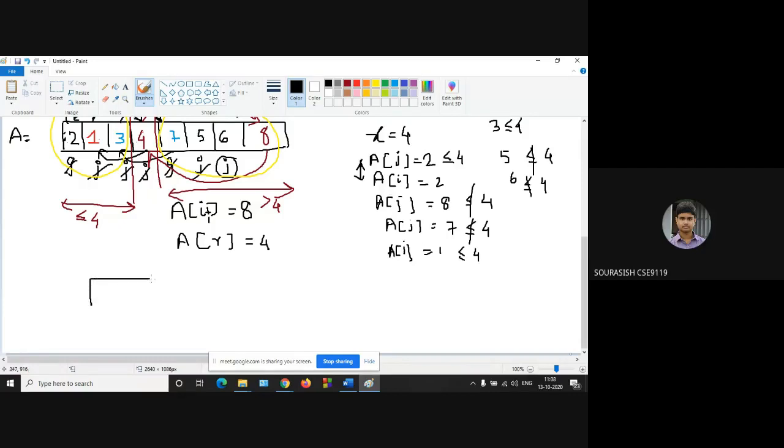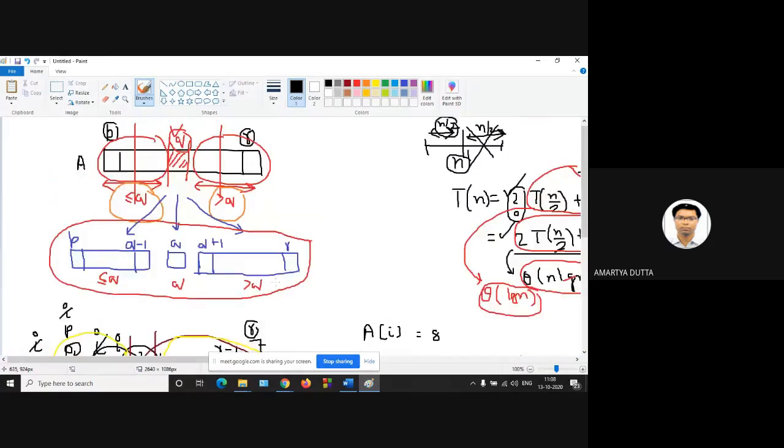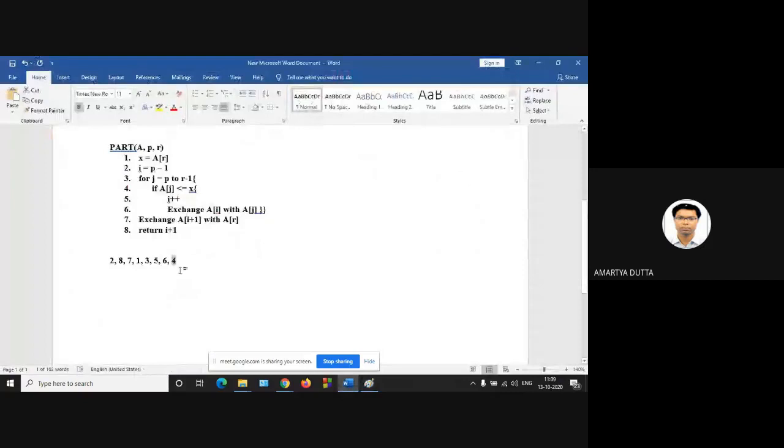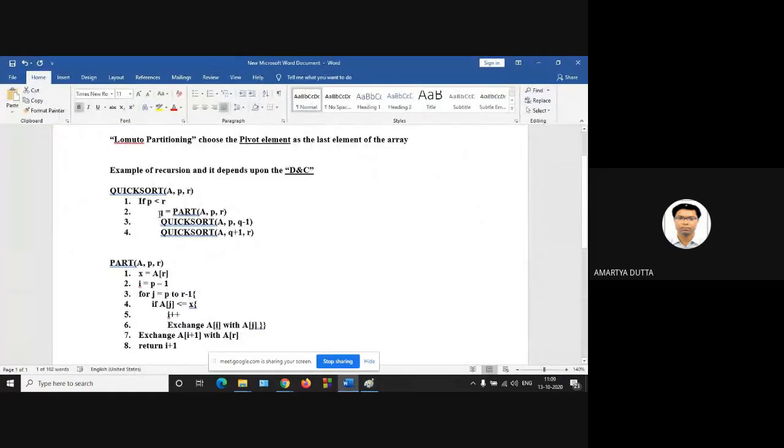Sir, so first, when we call the quicksort function, the first one is the 2, 1, your left side. As this is the recursive definition solution, here q in our particular example is 4, and 4 is placed in its proper position. And now we have to call the third line, that is the left part.